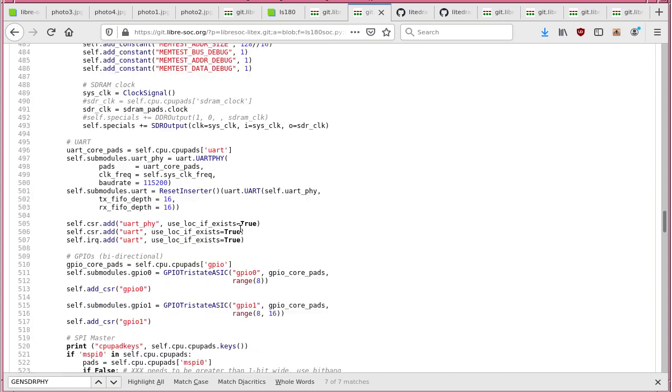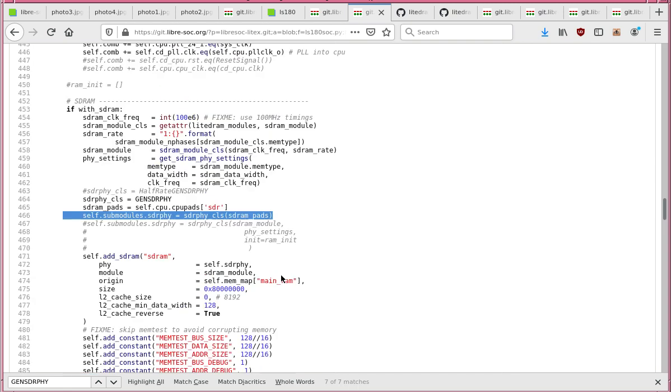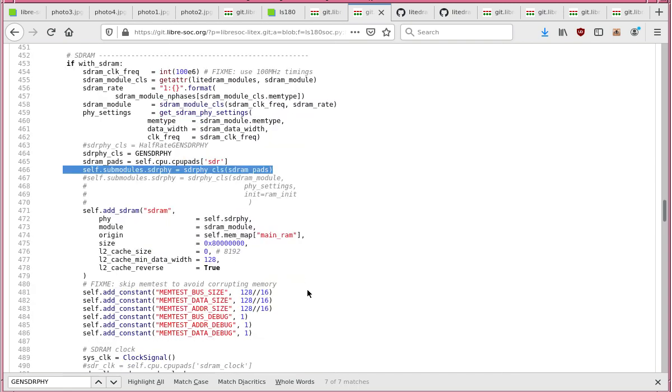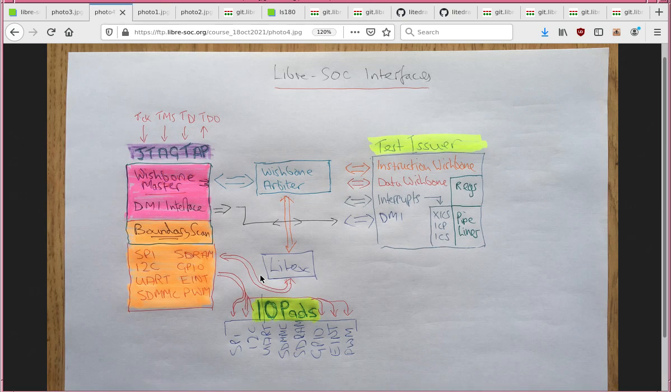but further down, where is it? Behind the scenes here, when add SDRAM, which is a standard function, will get the standard LTX I/O things, and they are not actually connected. So normally you would pass that through, and it would be a direct connection between the I/O pads and here. So to get that to happen,